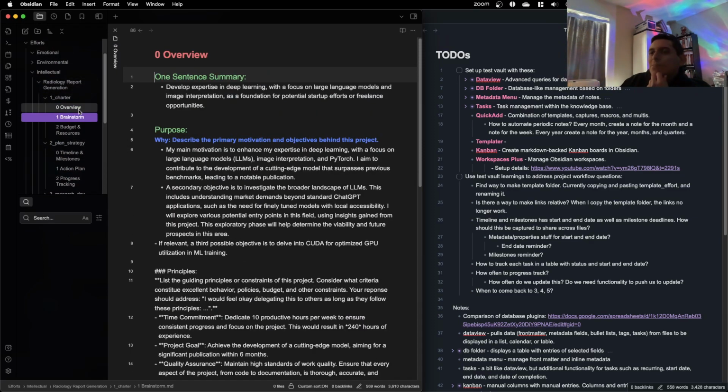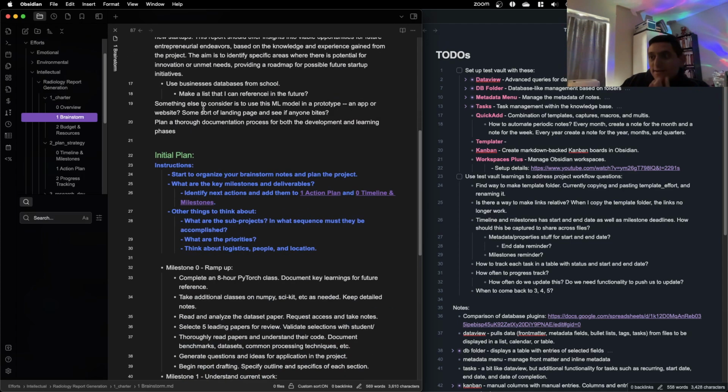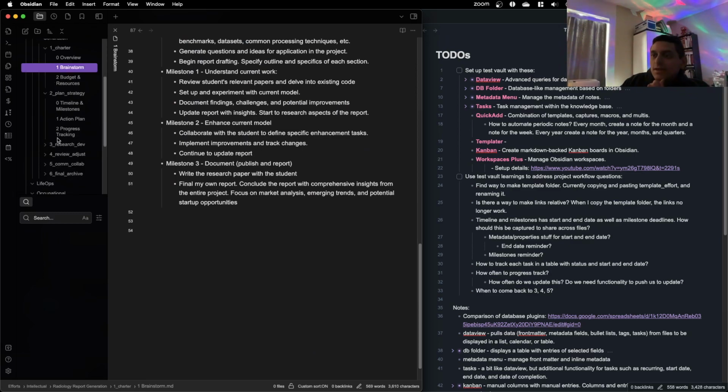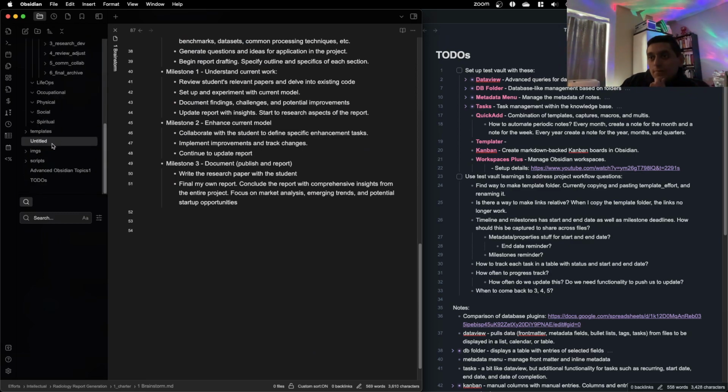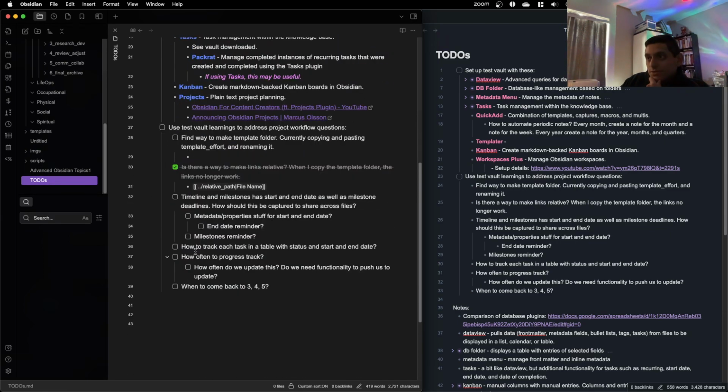Okay. Yeah, so in doing that, I was starting to fill out these files, these prompts, and trying to see what functionality I need to address. And so I wrote that down as these to-dos.